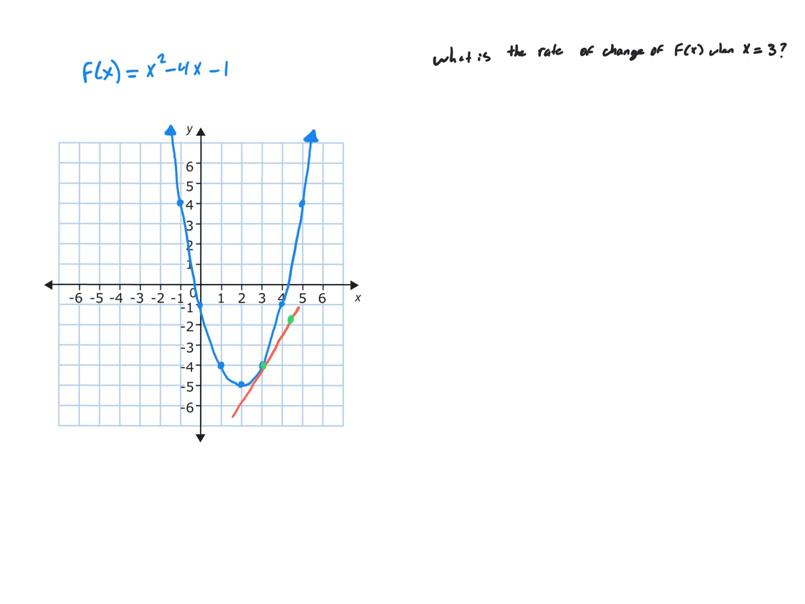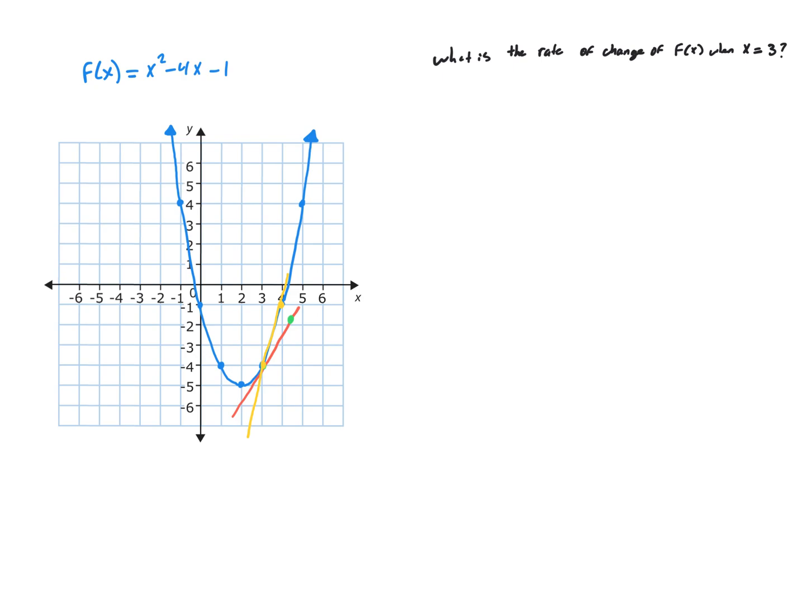But the problem is I don't know another one. I just have this one point right here that's at 3, -4. That's the only point I have. So what I'm going to do is, instead of finding the actual slope of this red line, I'm going to just estimate the slope of this red line. And I'm going to pick, with this yellow line, 2 points that I can find, here and here. And I'm going to find the slope of this line,